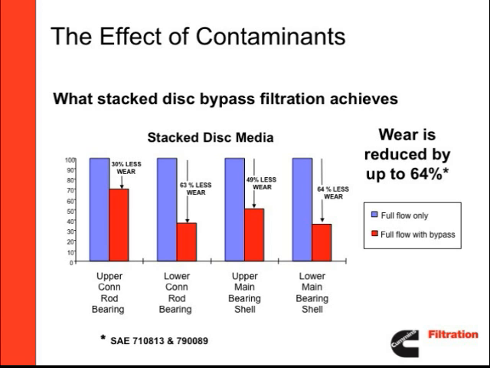The SAE reported testing that shows dramatic reduction in piston connecting rod bearing wear when using bypass stacked disc filtration in conjunction with full flow filtration compared with just full flow filtration. In the chart, wear was tested in 4 areas in the engine: the upper connecting rod bearing, the lower connecting rod bearing, the upper main bearing shell, and the lower main bearing shell. The blue bars represent 100% wear using a full flow filter only. By adding a bypass filter, wear was reduced from 30% to 64% for SAE